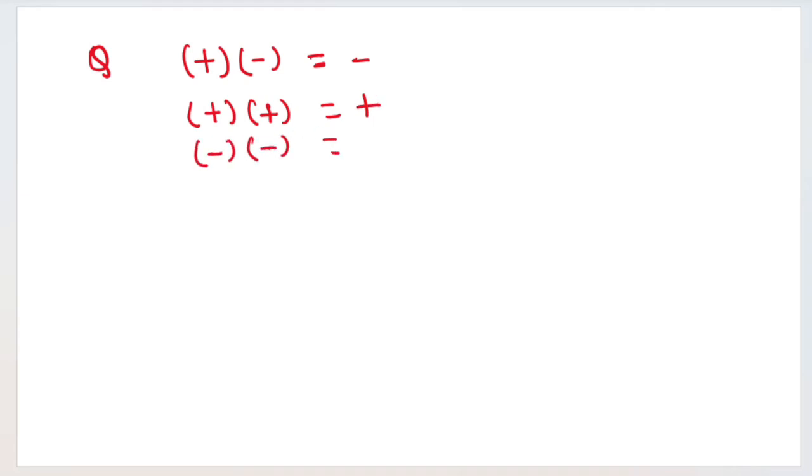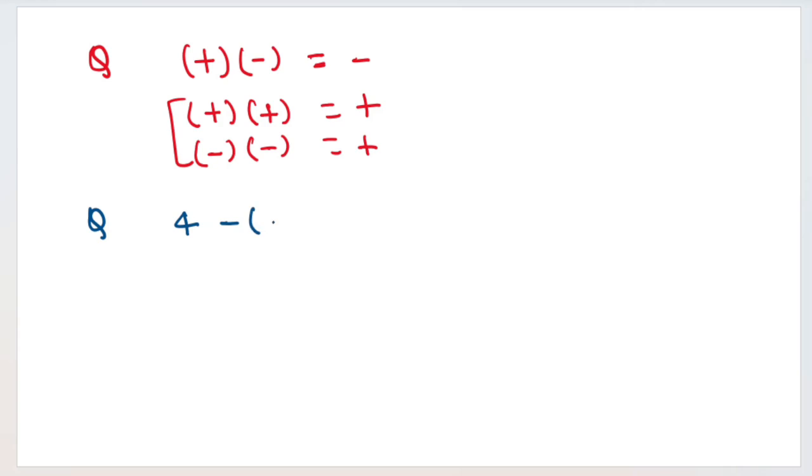Now we have to remember one more thing. If two signs come together like plus and minus, then the effective sign will be negative. And if there is plus and plus, then the effective sign will be plus. Also, if there is minus and minus, the effective sign will be plus. So if it is written like this,